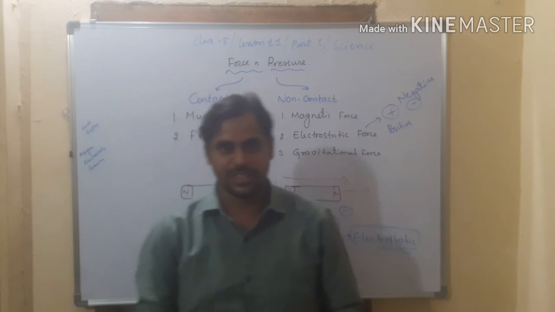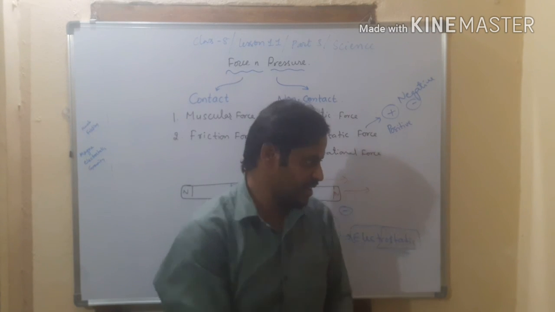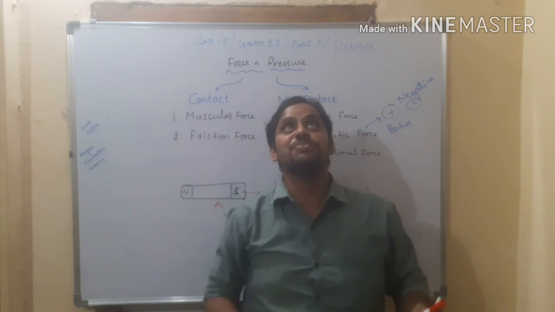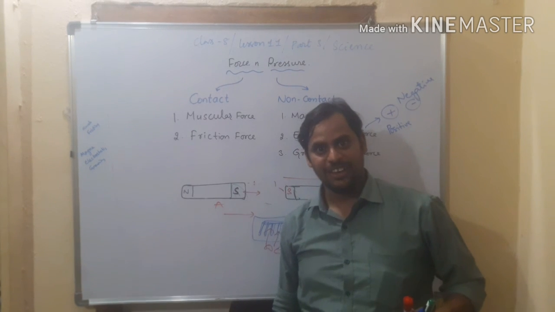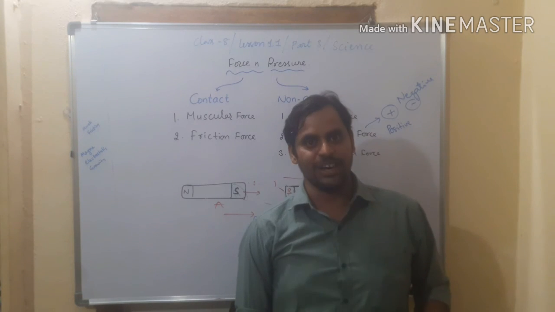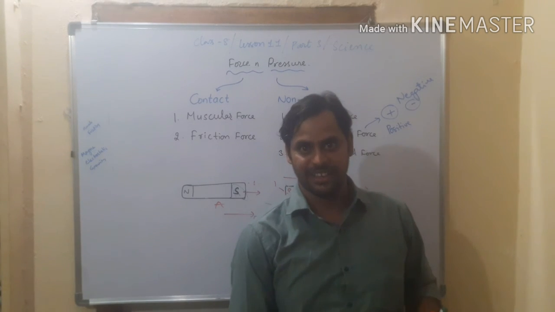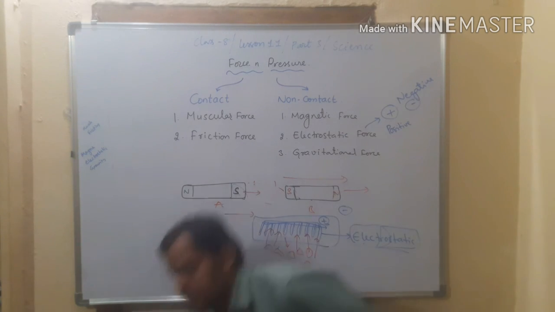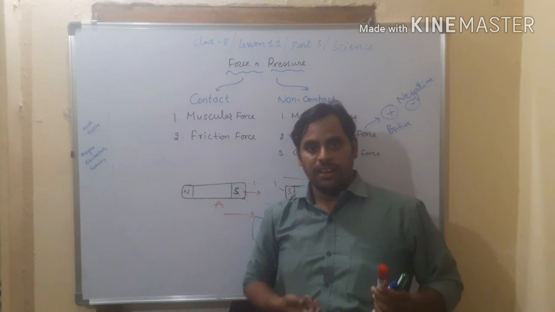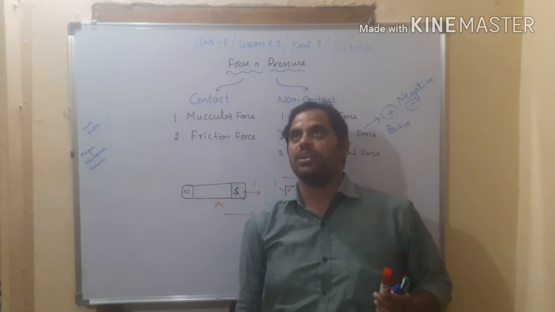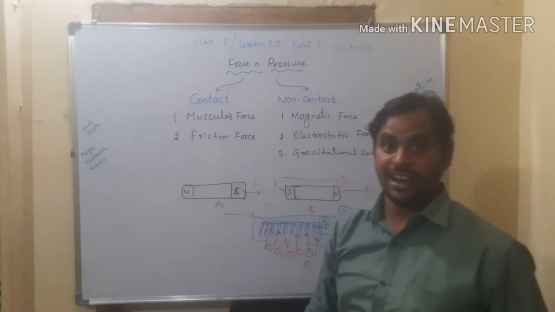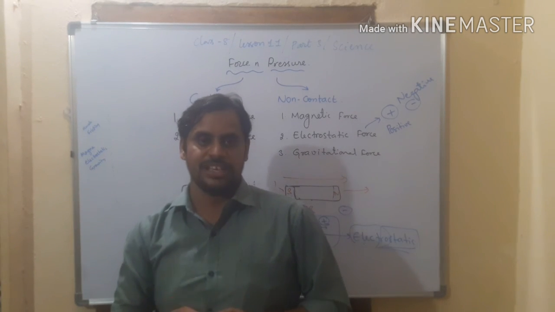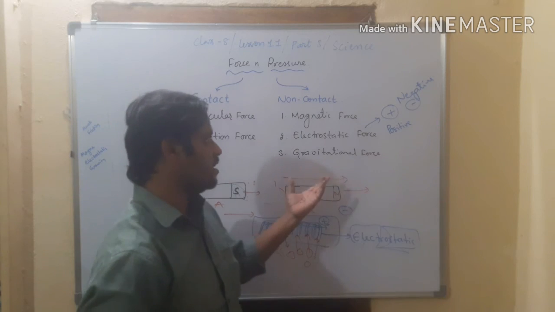So whatever objects I am throwing, for example, if I throw this cap, the gravity is pulling it back, right? If I jump, definitely I come down because the gravity is pulling. Is it in direct contact with the earth? No, but still it is pulling, so it is called gravitational force, right? This gravitational force was explained by Sir Isaac Newton.